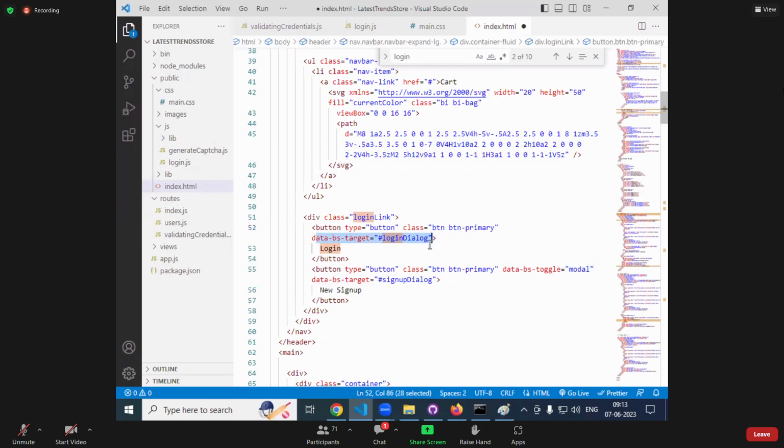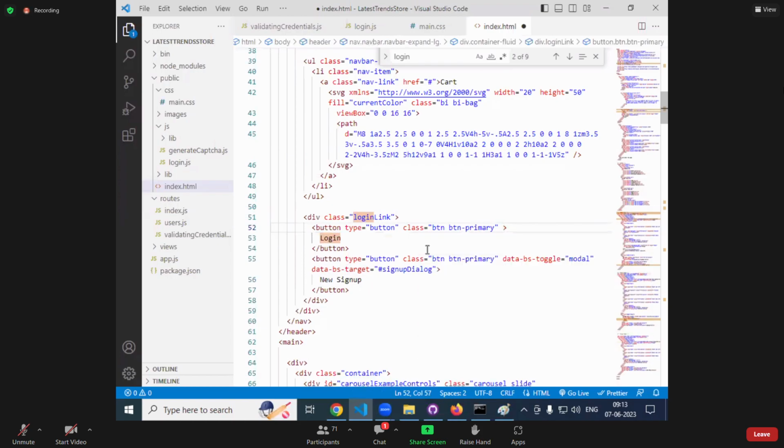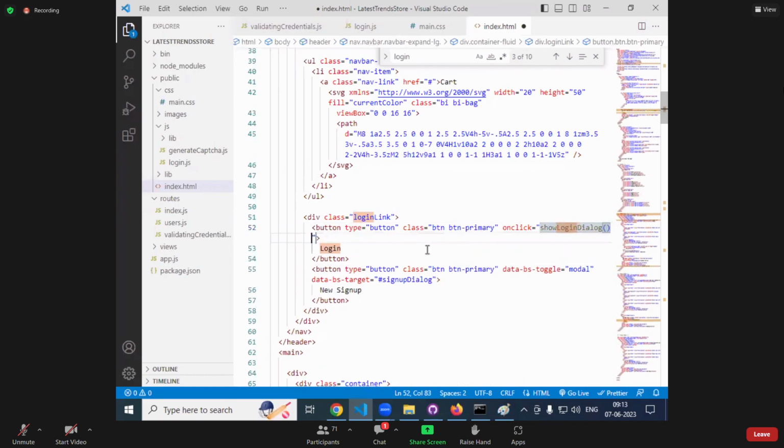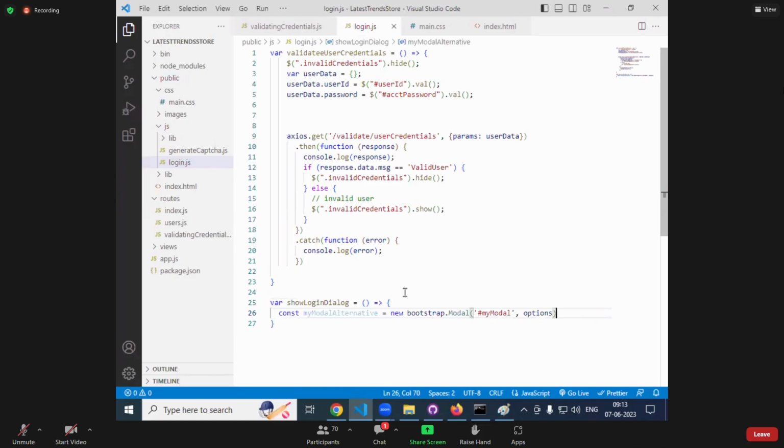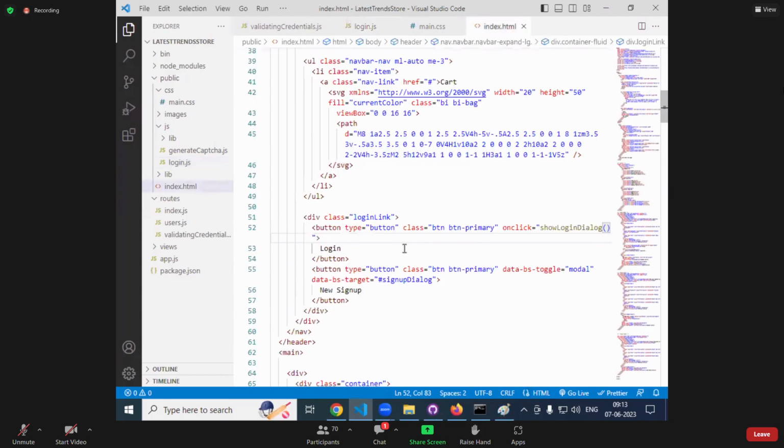I'm not going to give this also. I say onclick, show login dialog. Modal variable equal to new bootstrap.Modal, and that element is